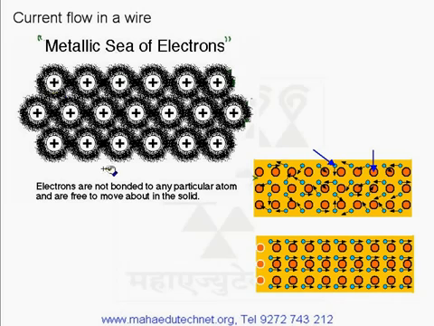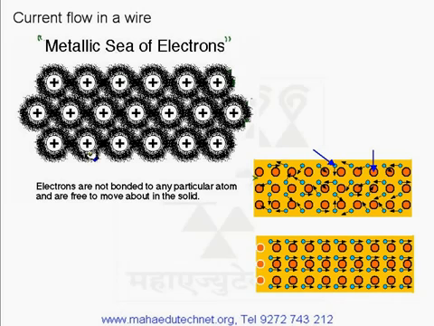Electrons in the outermost orbit of a metal atom are free to move anywhere. These electrons are not bound to any metal atom's nucleus. So these outermost electrons are free to move anywhere, and as electrons are negatively charged, they can act as the charge carriers in the flow of an electric current.